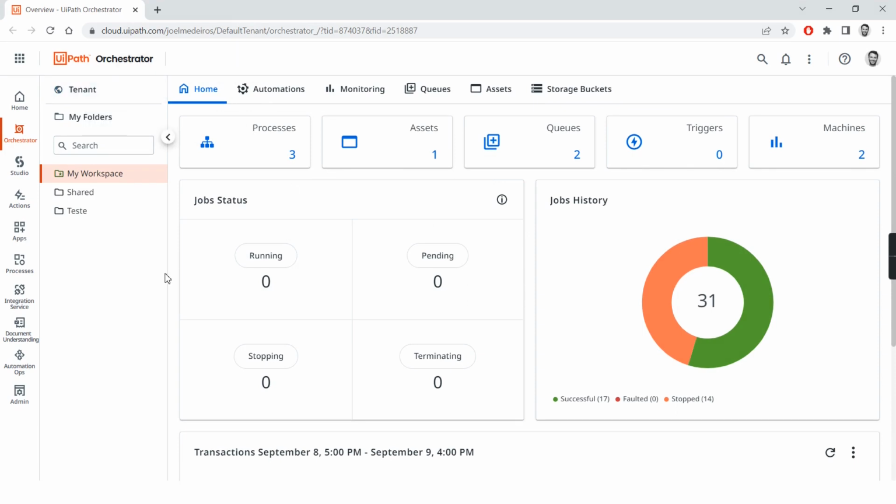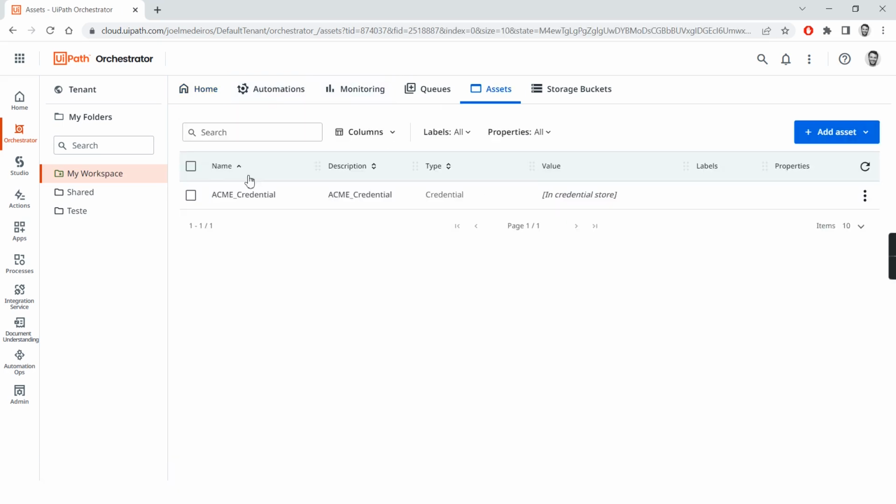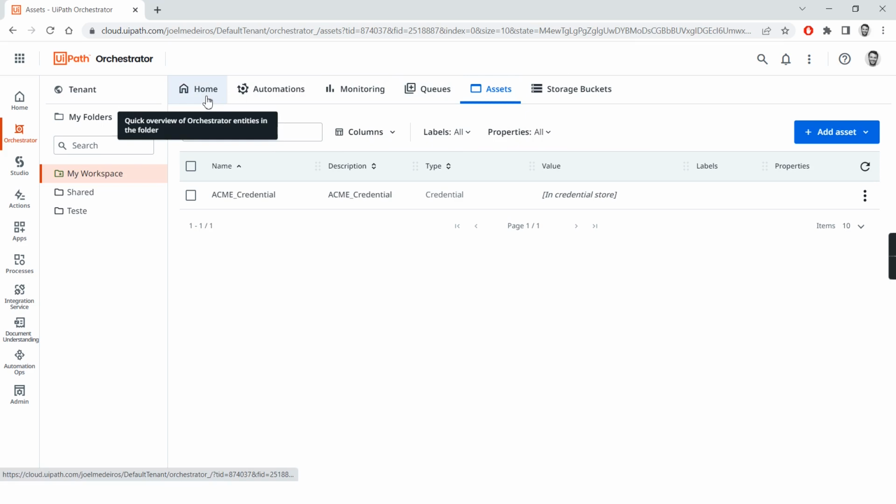And from here is where I can have the blueprint of my environment with all the processes, variables or assets, queues, triggers, machines, everything that is in my environment I can manage from here. I can create folders, I can organize my projects as I want, and I can change my assets, manage my queues, everything related to your automations.